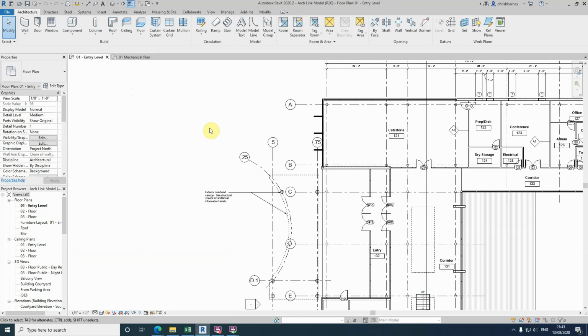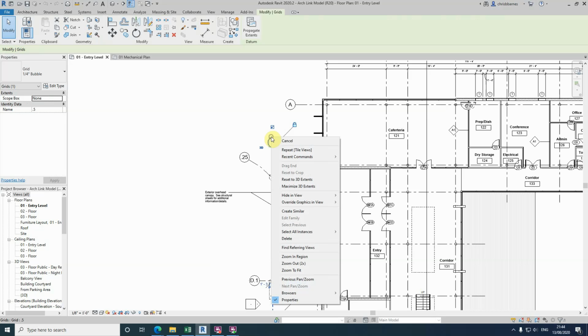So this is a floor plan of a building, the architectural building, and we want to change all these grid lines into halftone, which means we want them grayed out. So we've got a couple of ways of doing this. Firstly, if we just want this one particular one to be grayed out, we'd need to change the element, not a category. So to change an element, we would use the right click command on this,